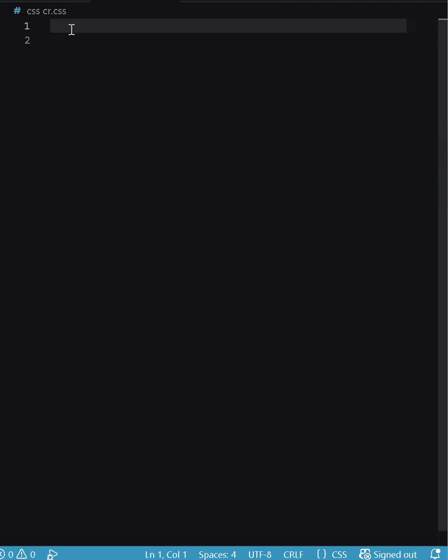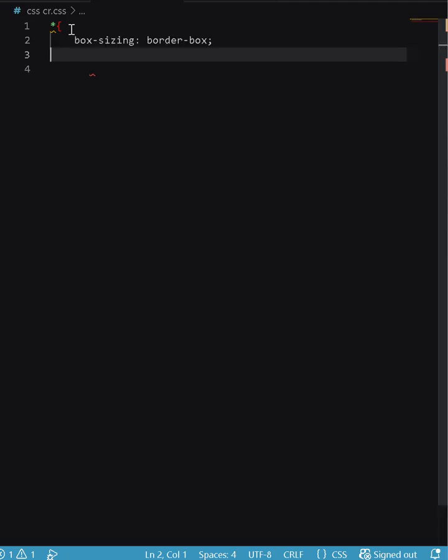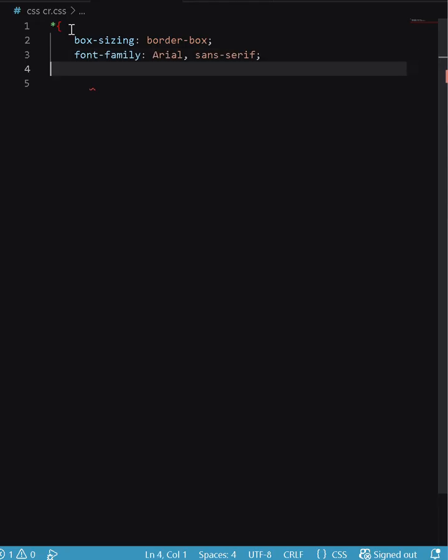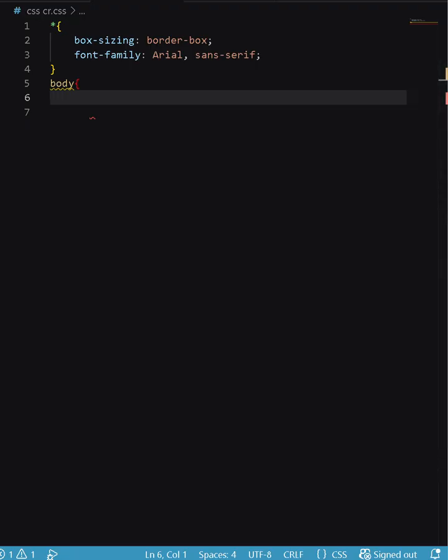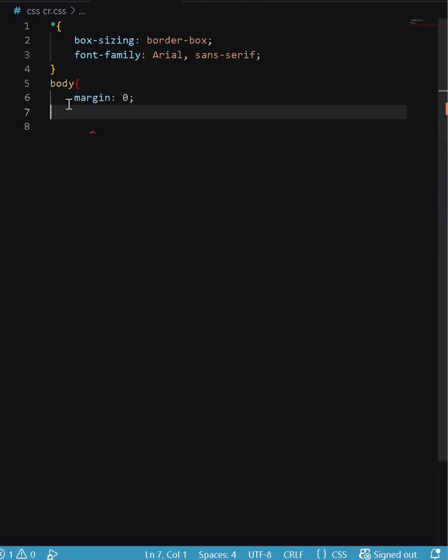Here is the universal selector. You can see the star, which selects all HTML elements on the page, and then this box-sizing, which is equal to border-box, makes padding and border part of the width, and then this font-family sets the default text font to Arial, and then close the curly brackets, and then you go to body. And then write margin, it is equal to 0. Remove the default margin that browsers automatically add to the body element, and then background, which is equal to hashtag f2f2f2, means that it sets a light gray background color for the entire page, and then close the curly brackets,